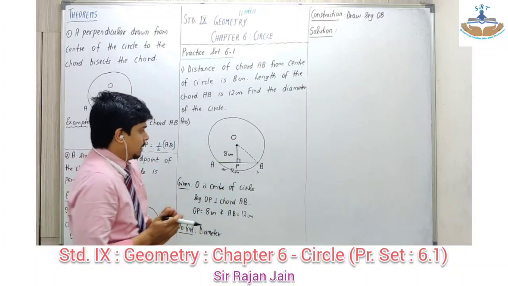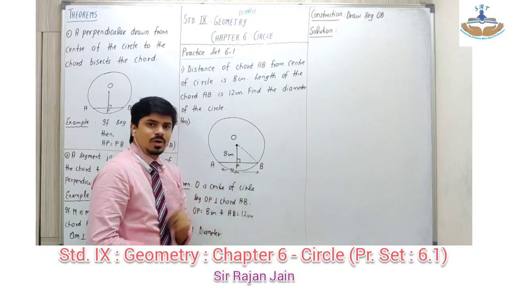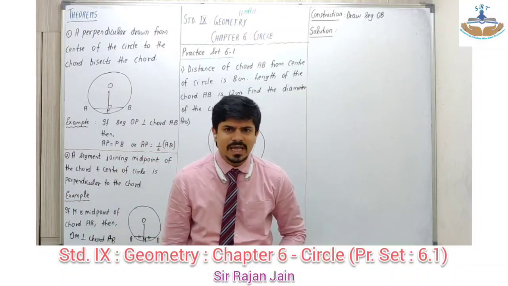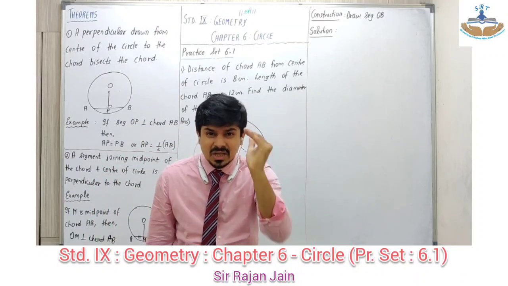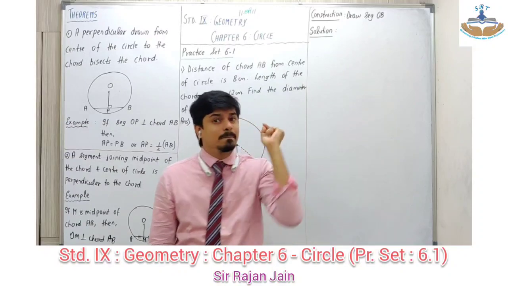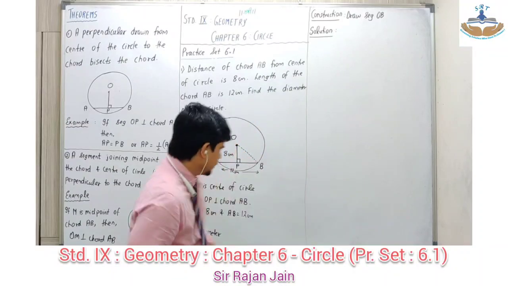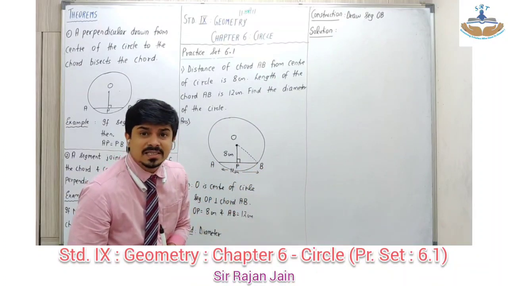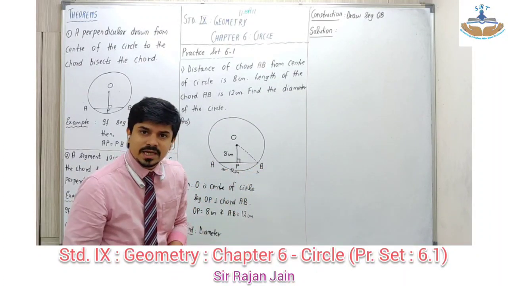अभी simple है. Look here. From the center, do you have a perpendicular on the chord? Yes. So what is the corresponding theorem that I can apply? From the center, if there is a perpendicular on the chord, that perpendicular has to bisect the chord. सिंपल है. तो अगर ये पूरा 12 सेंटीमीटर है, ये कितना हो जाएगा बाइसेक्ट होने के वजह से? It will be 6 centimeter.